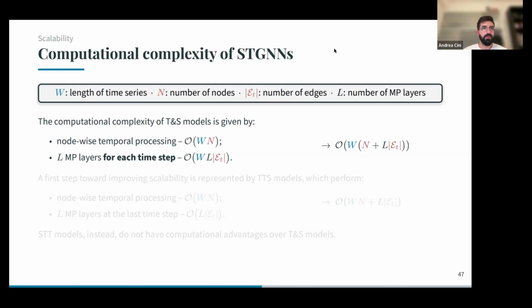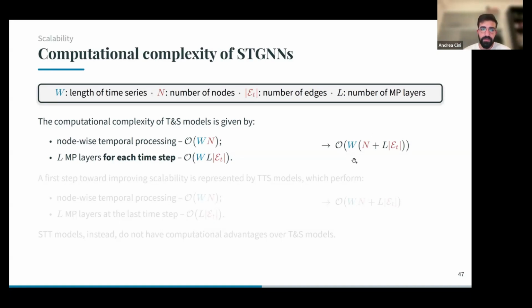So if we consider, for instance, a graph-based recurrent neural network, at each time step we do, in this case, L layers of message passing. So what happens is that we need to do the number of message passing operations